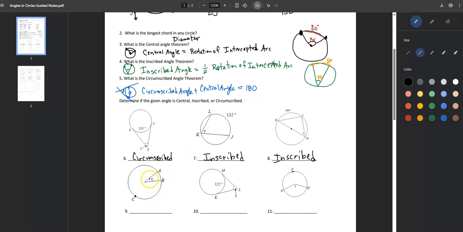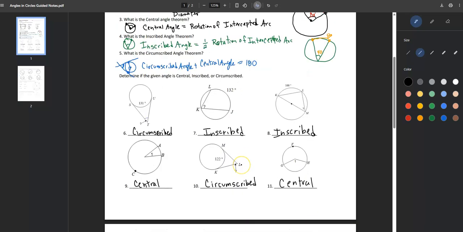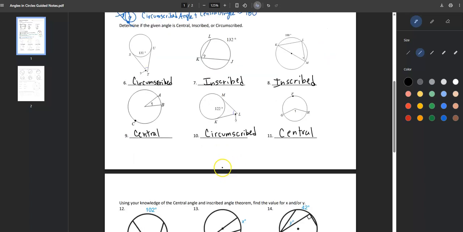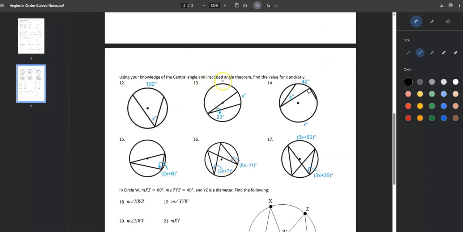Okay, this angle is a central angle because it's made with two radii. Two tangent lines here would be circumscribed, and two radii would be central. Okay, so you should be able to identify all of those as well. All right. Next part here wants you to use your rules and find the actual measurements of either an